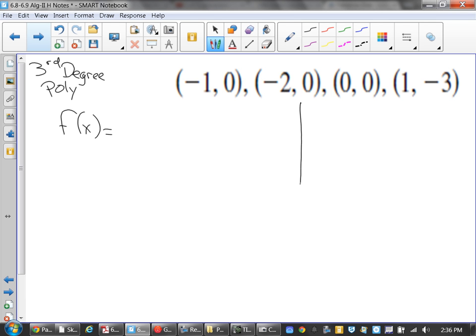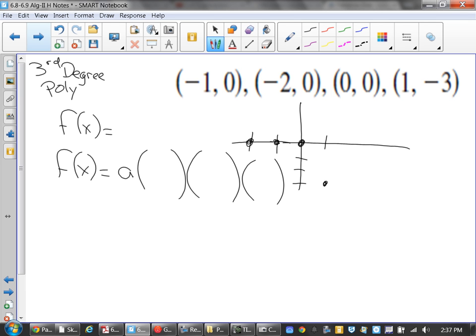So if you plot this one out, you have negative 1 and 0, negative 2 and 0, 0, 0, and 1 and negative 3. So what are my zeros? Negative 1, negative 2, and 0. Are we okay with that? So if negative 1, negative 2, and 0 are my zeros, that means my function of x is going to equal A times (x plus 1)